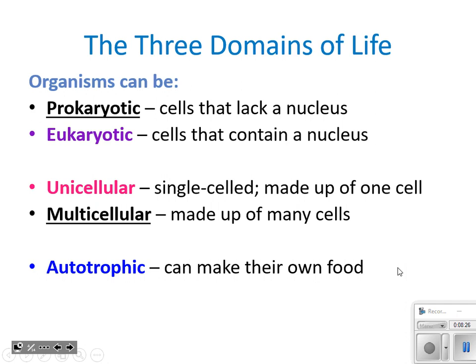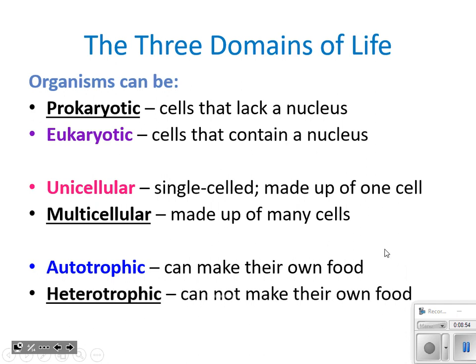I'm sitting here, I'm looking out the window, I see a tree. A tree undergoes photosynthesis, where it takes the sunlight and converts carbon dioxide and water into glucose and oxygen. We've talked about photosynthesis before. So these autotrophs are ones that can make their own food. Anything that undergoes photosynthesis is an autotroph.